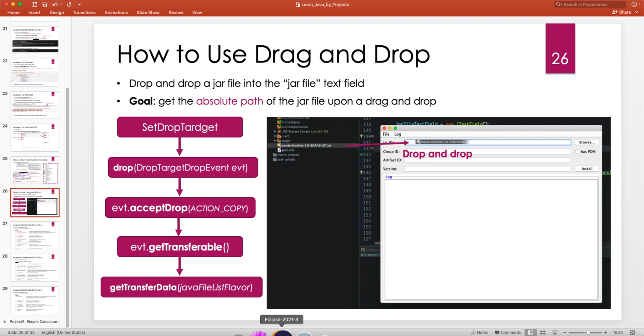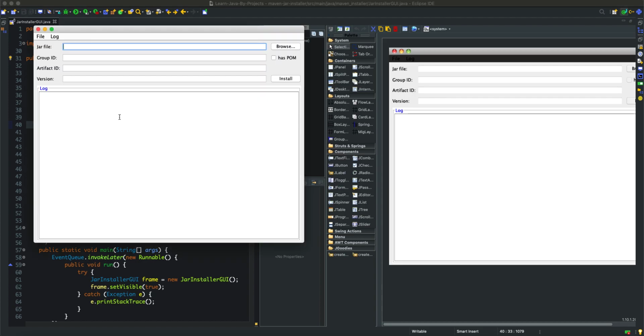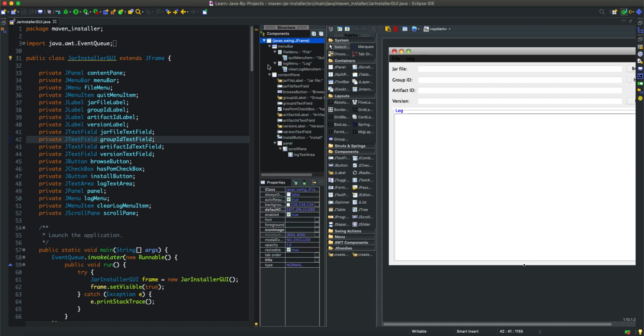So let's head to Eclipse. Now this is our GUI. If I run this, we're going to have our nice GUI, where we can implement the features, clear the log file, and quit the application. So what I'm going to do right now is select the top level, collapse this JFrame, and in the JFrame I'm going to choose